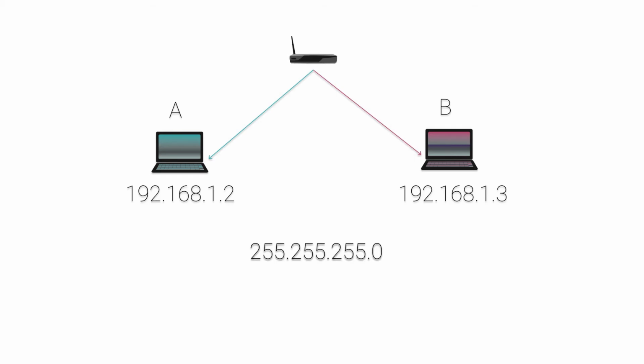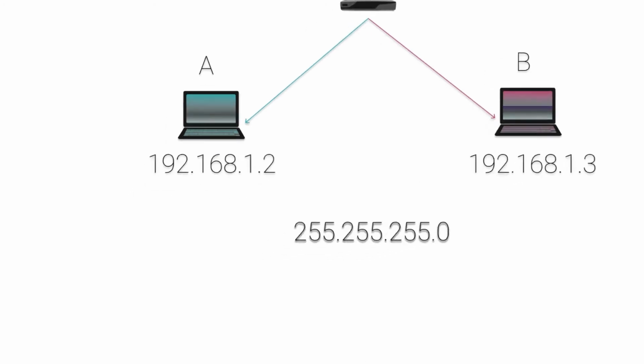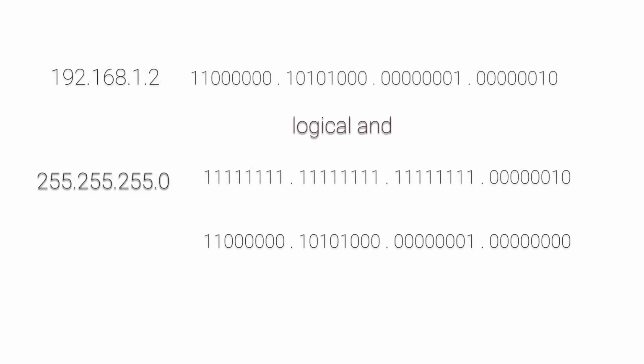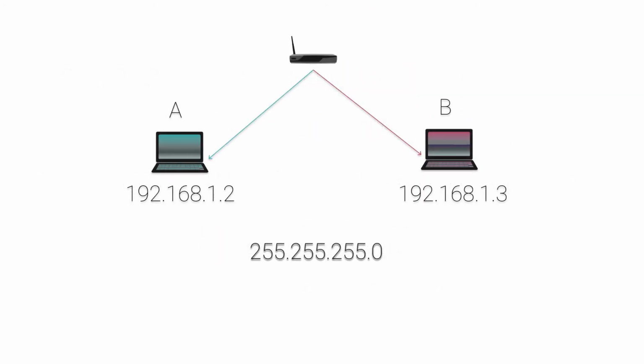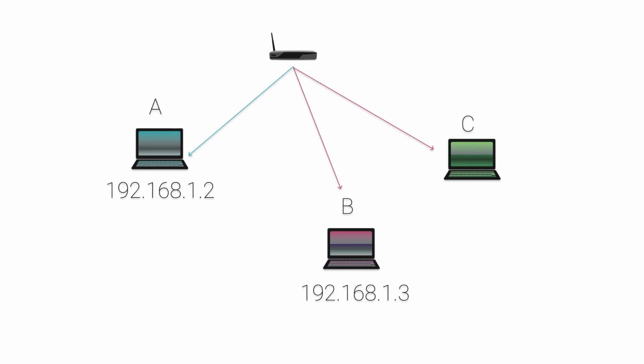Let's assume this to be the subnet mask of this network, and if I take any one of the IP addresses of the devices in the network and do a logical AND operation with this subnet mask, then I can write this CIDR notation as 192.168.1.0/24. And what it means is that the first 24 bits, or the first 3 octets, are constant for all devices within the network. So if there is one more device getting added to the network, then it should have an IP address 192.168.1. some random number.